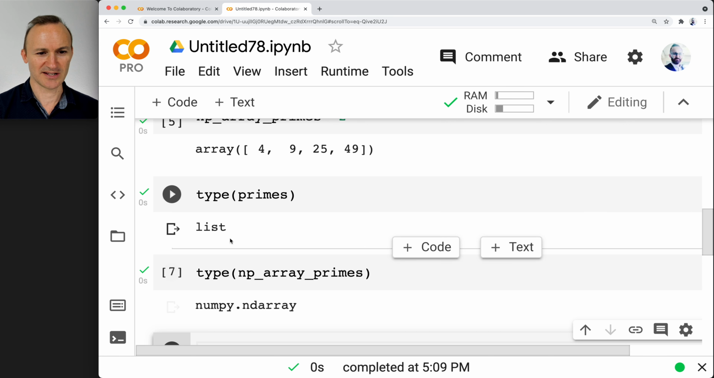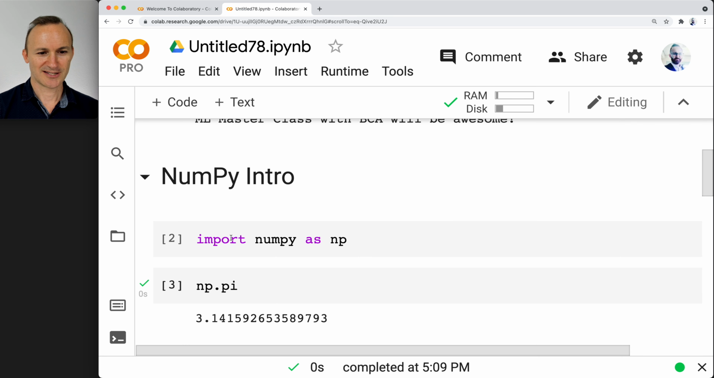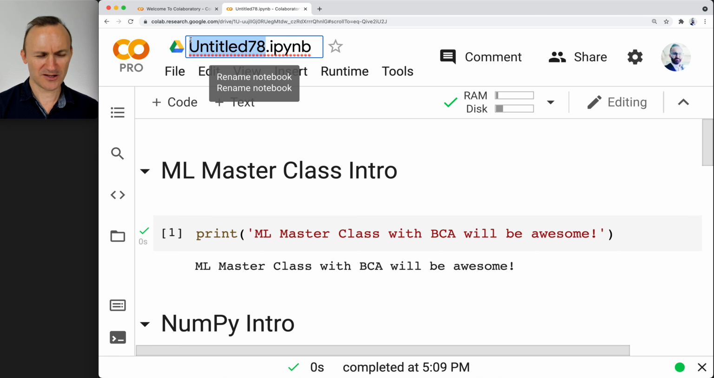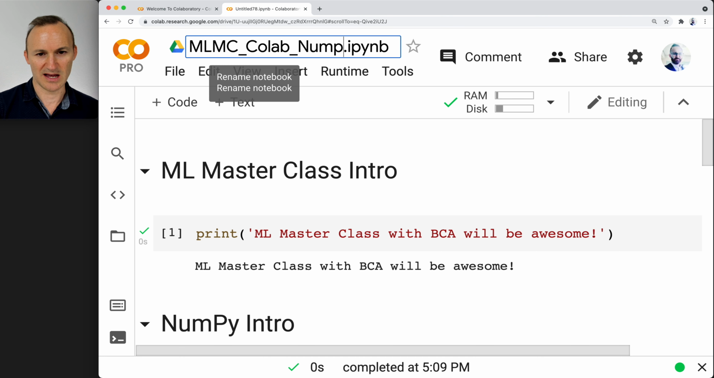So just a couple other things about Colab. Title your notebooks. Don't leave it untitled as I have. We could call this something like, you want them to be referential. I don't know if you want to use ML master class every time. I may abbreviate MLMC because I need to have my own abbreviations. And then I'll call it Colab NumPy intro. Okay. Now I don't like to make the titles too long,